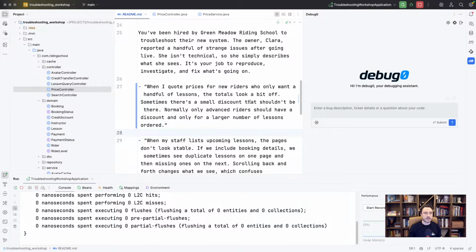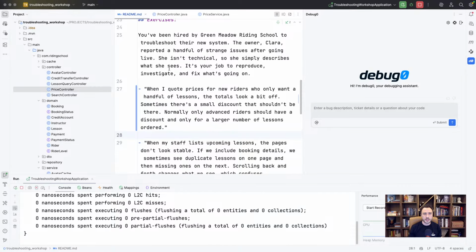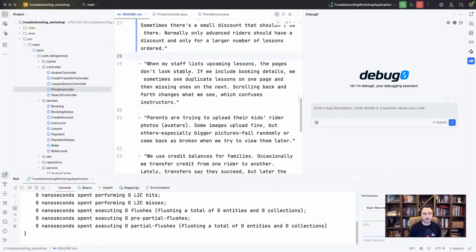Good, let's go to something more complicated than this, because this was only debugging. So I'm gonna go to the second one, and then, well, my stuff lists upcoming lessons. Clara says the pages don't look stable. This, from a developer with experience, sounds not like a really easy thing to troubleshoot, because it sounds like a